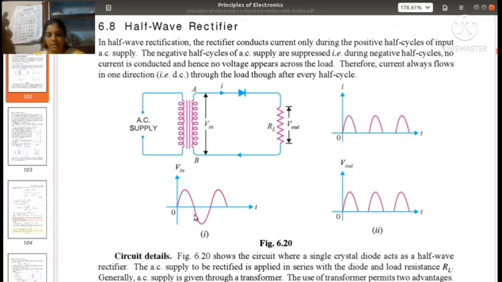Okay, and what happens during the negative half cycle? When the negative half cycle comes, its polarity becomes negative, so that the diode becomes reverse biased, and during the reverse biased condition this diode does not conduct and no current flows through the circuit, so there is no voltage drop across this load resistance. So for the negative half cycle, the current is 0. So this region, no current. This region corresponds to the negative half cycle, and no voltage drop across this load resistance. Voltage is also 0.